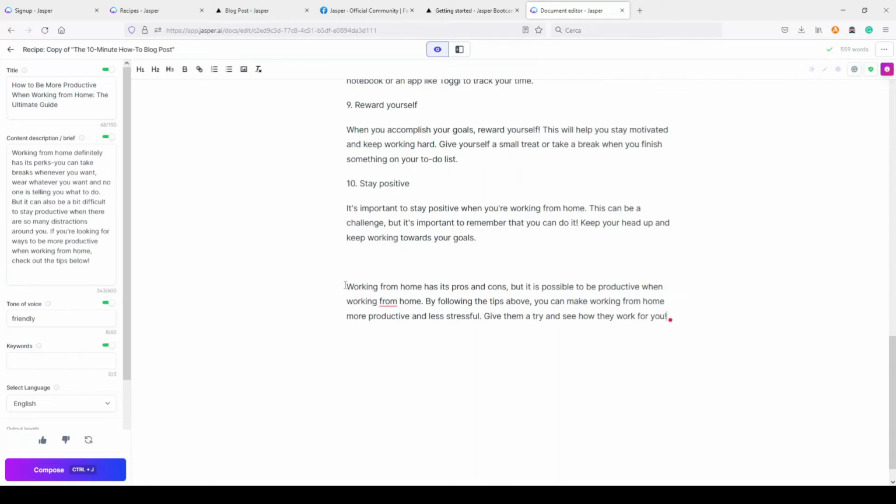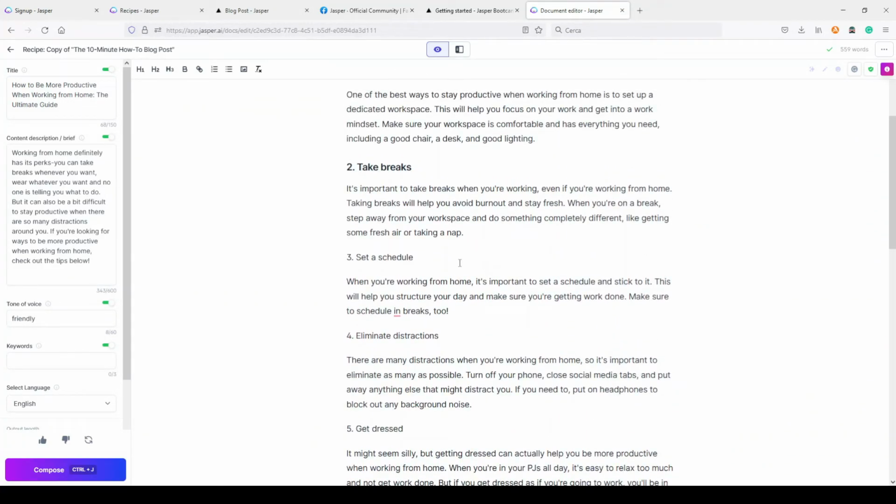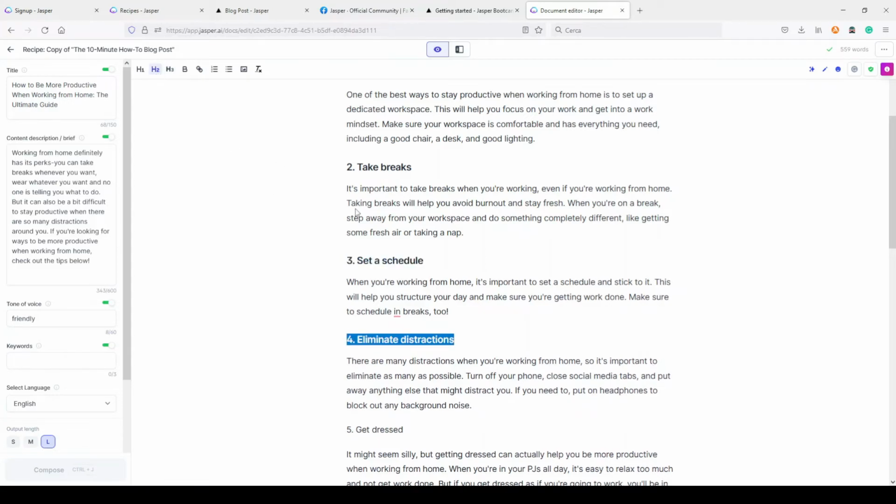In this case, I even have a conclusion here. Working from home has its pros and cons, but it's possible to be productive when working from home. There's a repetition, you need to edit. By following the tips above, you can make working from home more productive and less stressful. Give them a try and see how they work for you. As you can see, Jasper wrote quite an entire article. It's a small article because it's only 559 words, but once you have this first draft of your article, you can